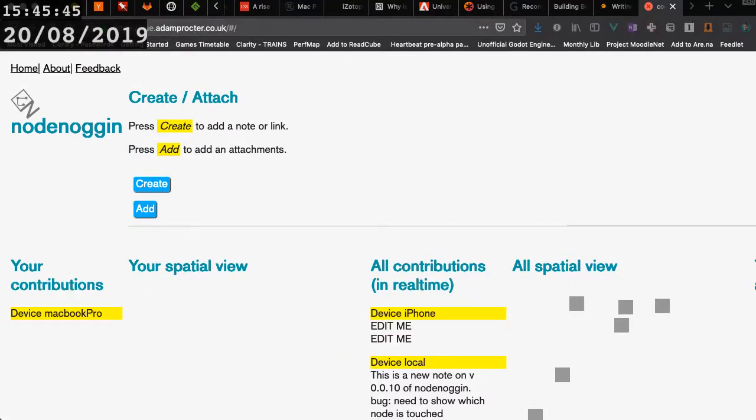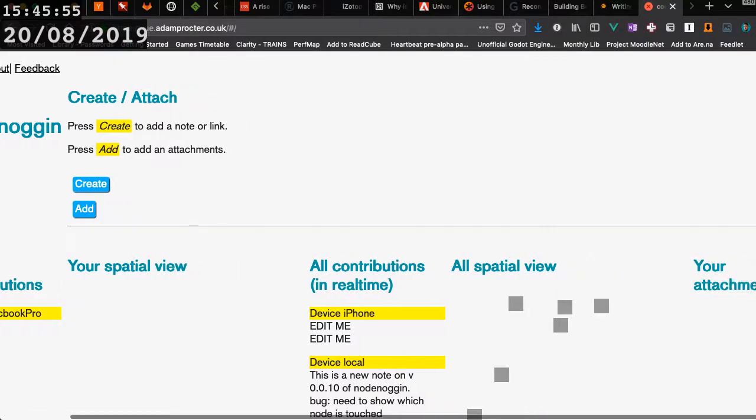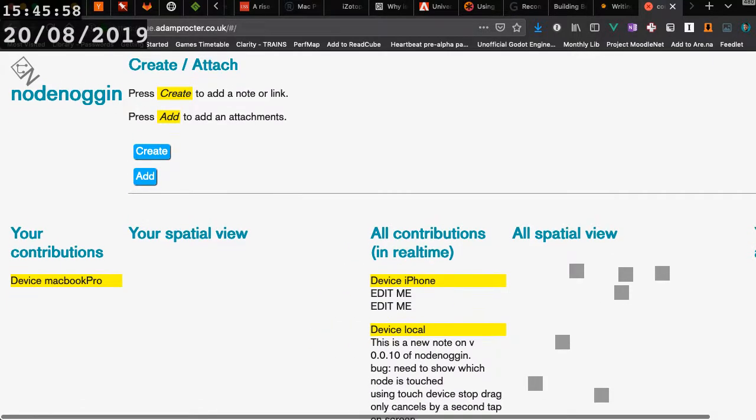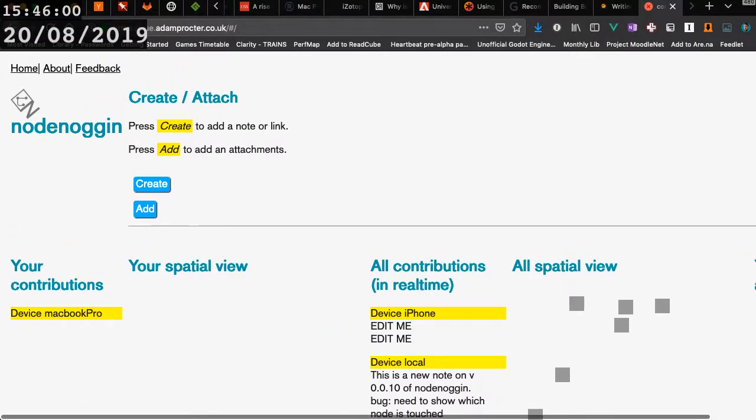Where is that, a PDF? That's quite a big one though. Oh, and I'll just take a PDF that I've got. Okay, so let's